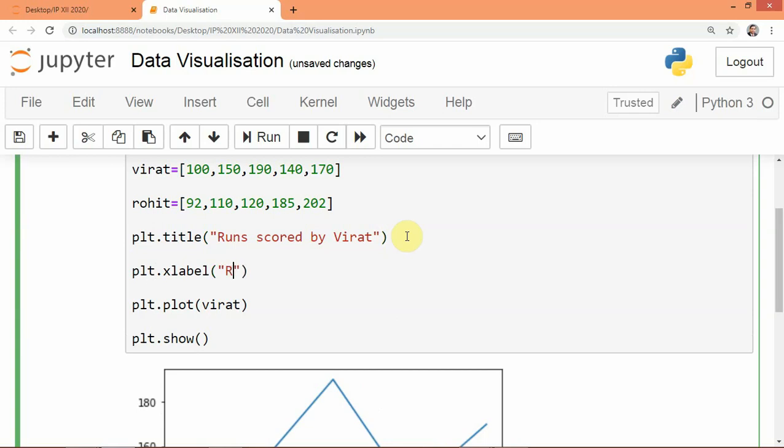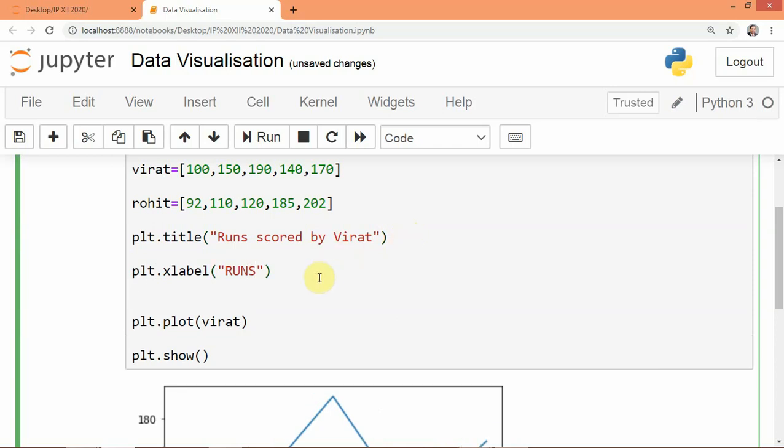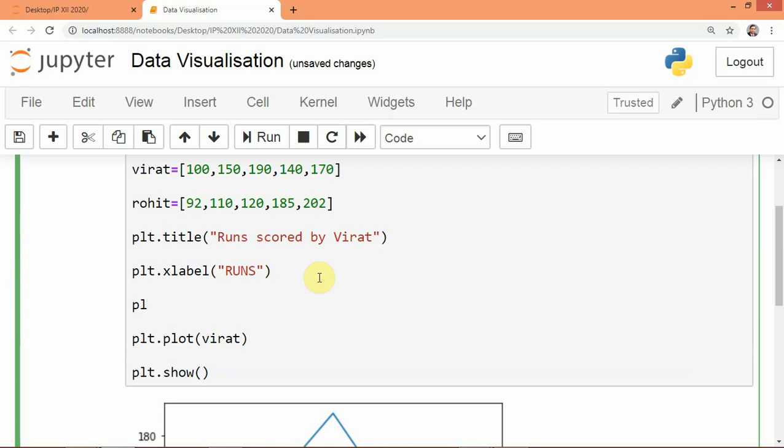We want to keep runs, and plt dot y label, it will have matches.